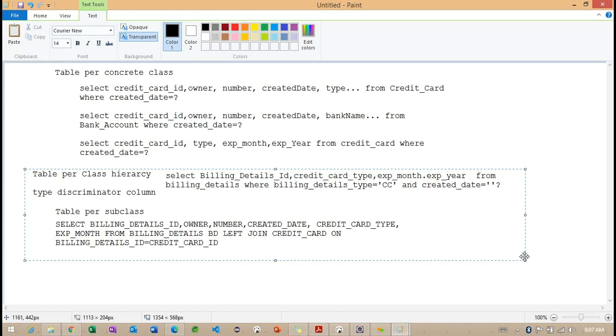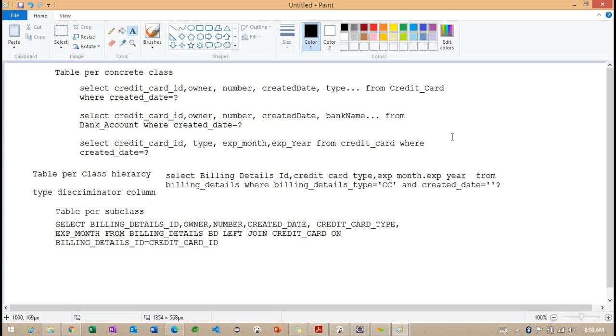And after discussing the two examples here, what are we going to do? We'll try to work with associations here, like one to one, one to many, many to many, and many to one. So we are having four associations here. First we are going to discuss the two. The remaining two we are going to discuss in our upcoming classes here. Getting the point. So any questions regarding this mapping inheritance here?